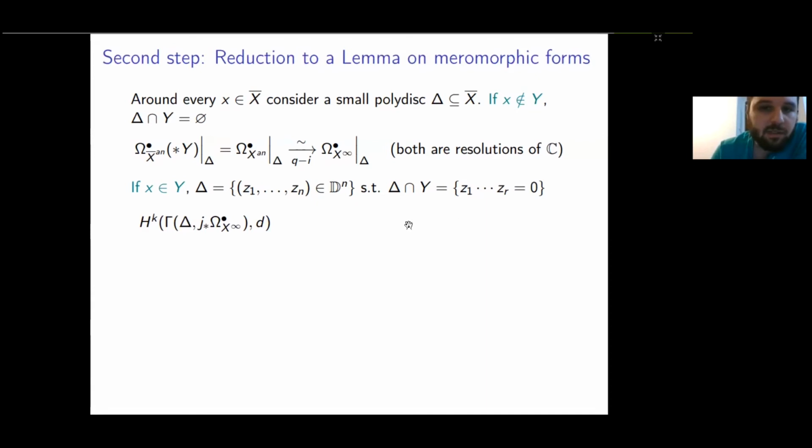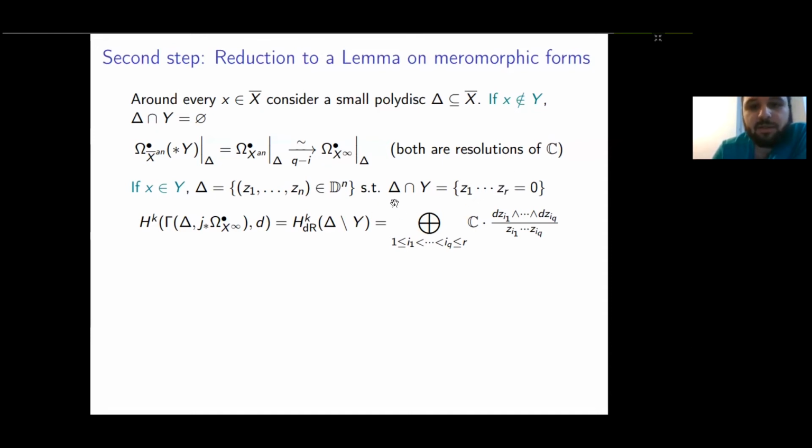So in this setup, we see that the K-th cohomology group of the global sections of the complex of infinity forms restricted to delta, to this polydisk, is exactly the same thing as the de Rham cohomology of delta minus Y. And in this case, it's easy to see, since we're identifying delta with the usual unitary polydisk minus this product